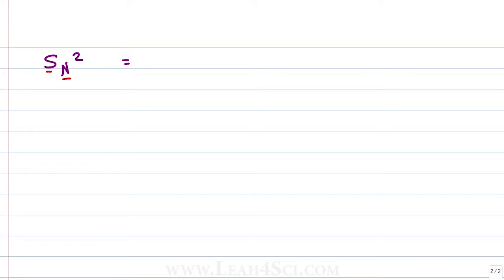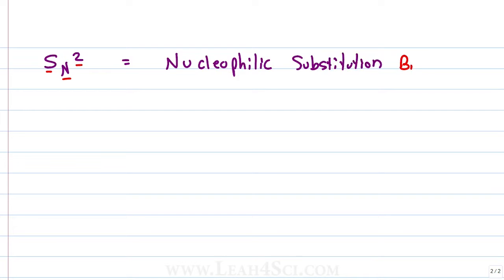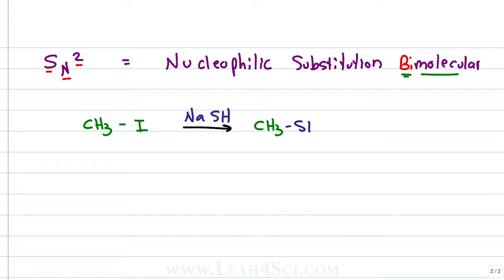Sn2 stands for nucleophilic substitution, and 2 tells us that it's a bimolecular reaction. Bimolecular does not mean 2 steps. Bi means 2 molecules reacting at the same time. In this example, we'll take a look at the energy diagram for CH3I reacting with NaSH to give us CH3SH